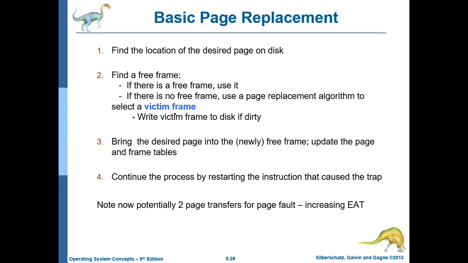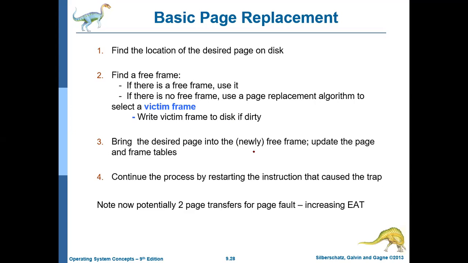So if we want to remove that particular frame because we want some new frame to come into the main memory, we will check whether the previous page has been changed or its data is not changed. If its data has been changed by some other process, then first we need to write that page, we need to copy that page to the disk. Otherwise, you can directly replace that particular page.